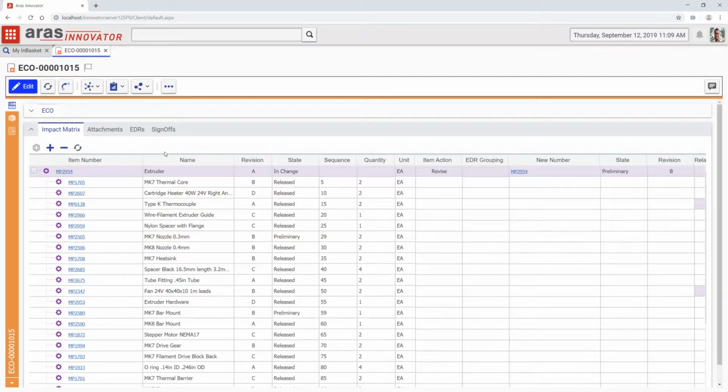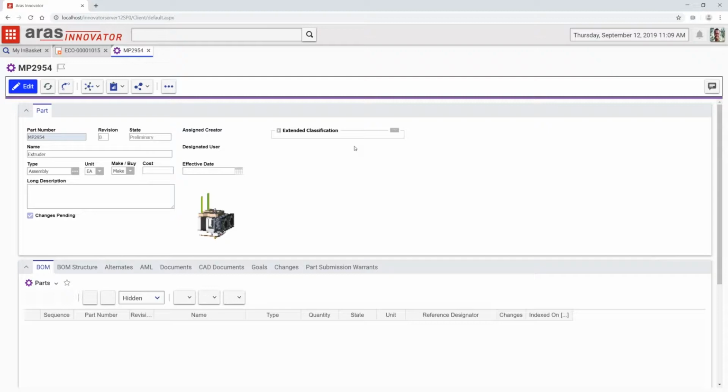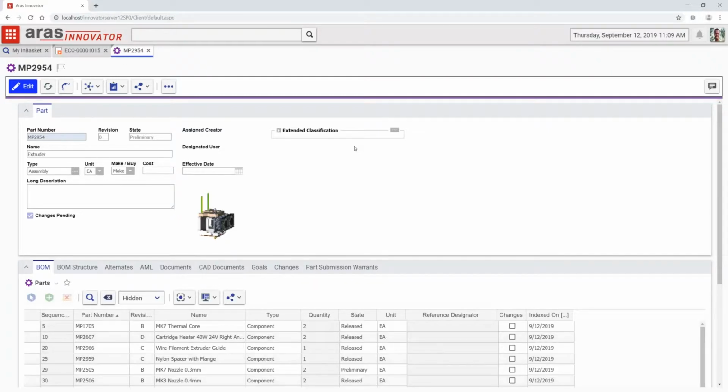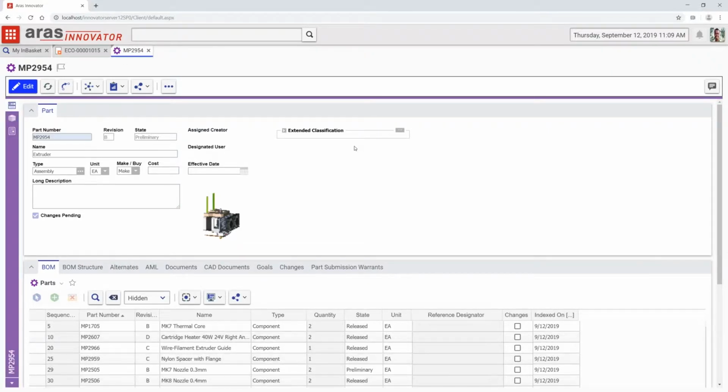So if we're making a change, it's likely that we're going to be making a new revision of the existing model. So here you say we have a link to the current revision A and the upcoming new revision B. So I can access either one just by clicking, and I don't have to worry about which revision I am looking at. So let's open up the item form again, as you would expect.